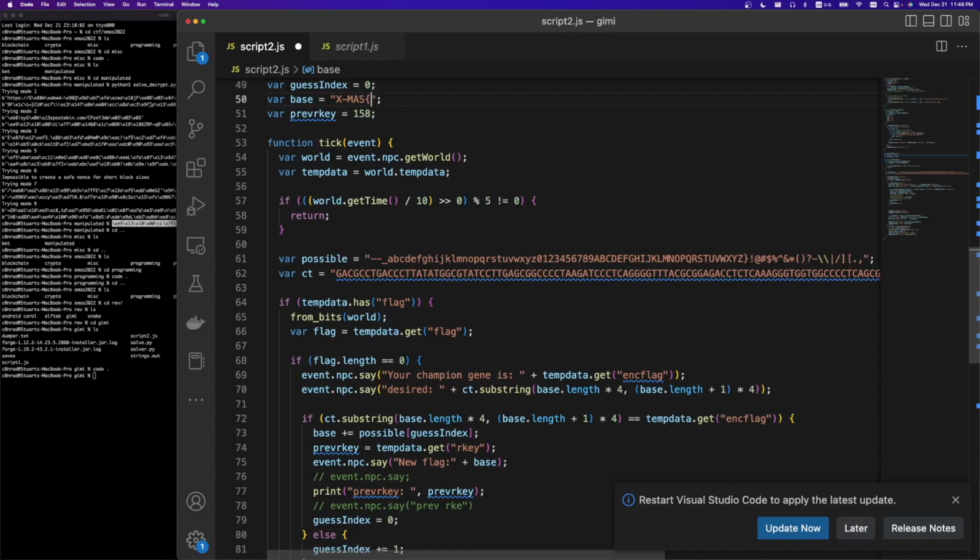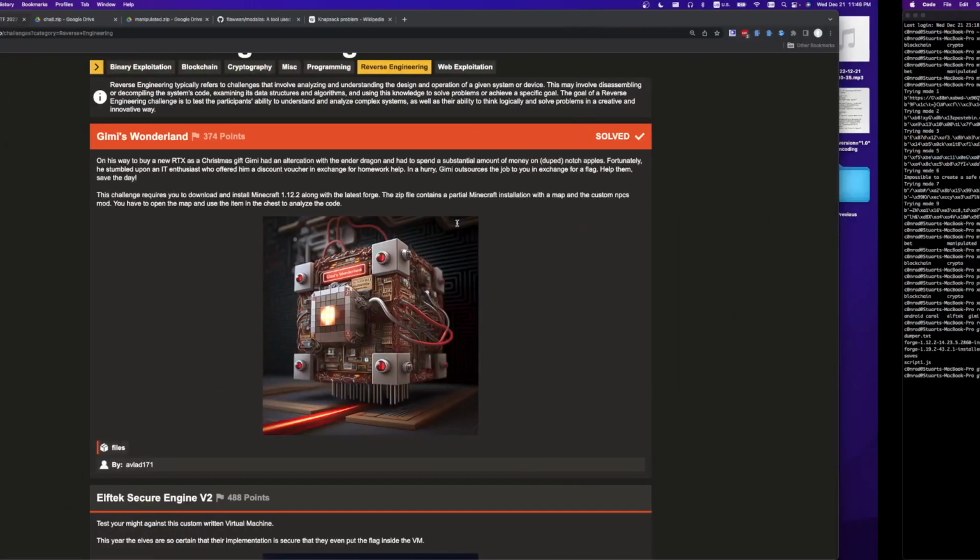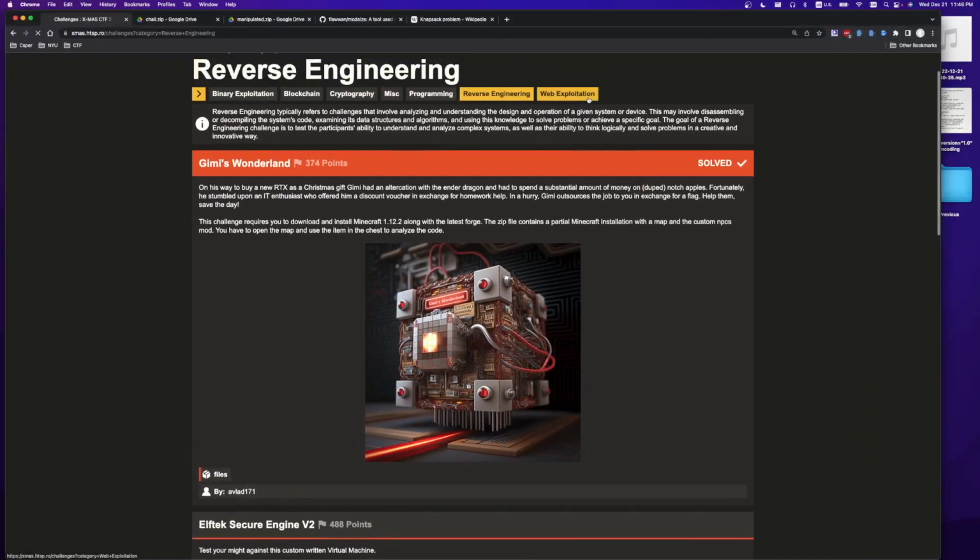And eventually, I forget what it was like reverse or encryption or something like that. Hardware encryption, I think, was the key. And eventually you build this out. So pretty fun challenge. Then the last one,